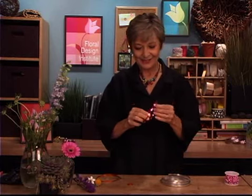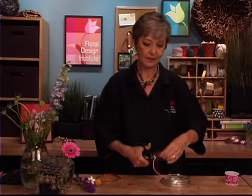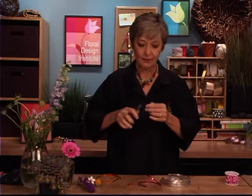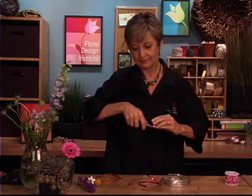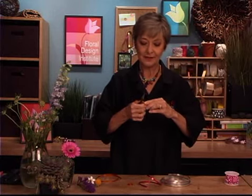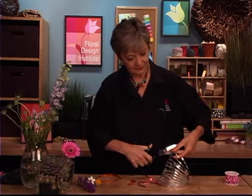By overlapping, you can adjust it to fit whichever finger by pulling it out a little bit, pushing it back together if you want it smaller, using this beautiful strong pink. Again, just a couple of inches, don't need a lot. Wrapping it around, bring it back in, and then overlapping it, pressing it together, checking to see if it fits my finger. And if I decide I want it on a different finger, I can just reach in and tighten it down, put it on another. And then even the silver, just 2 inches,